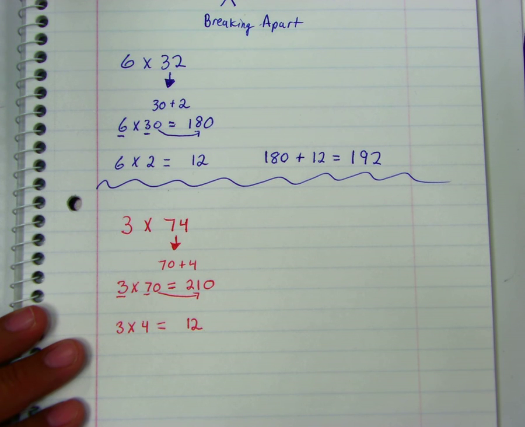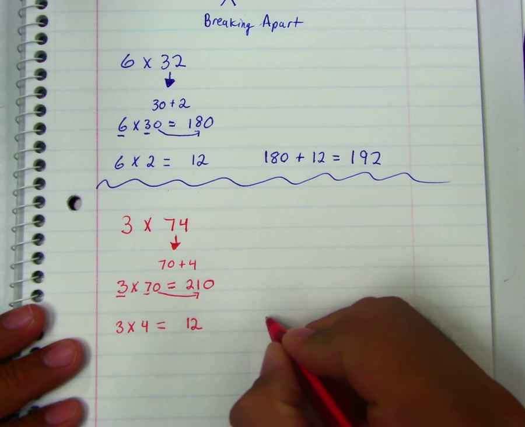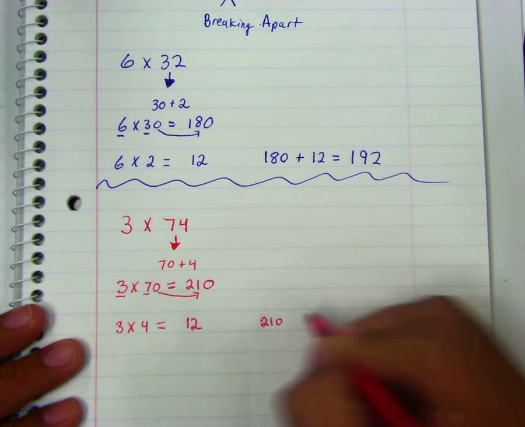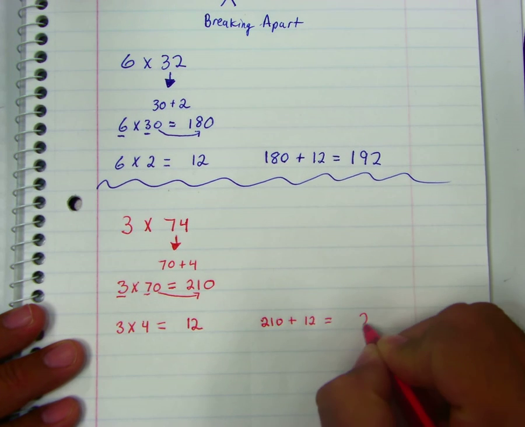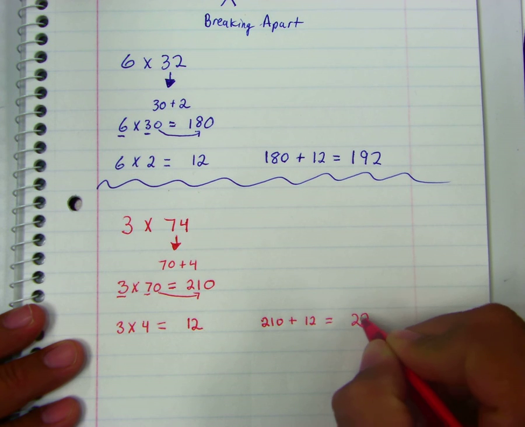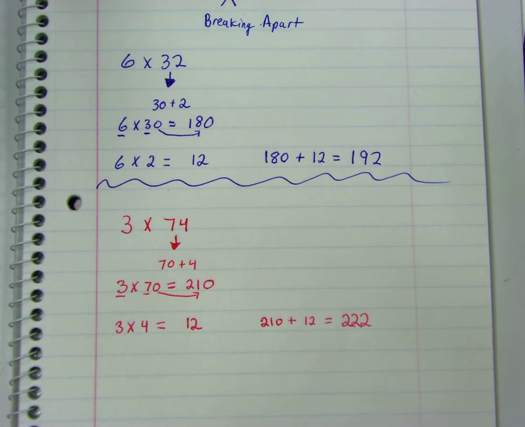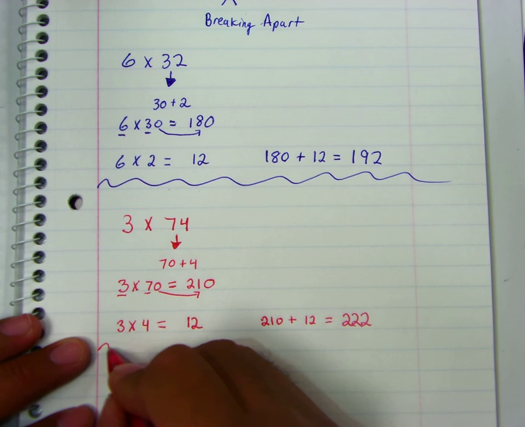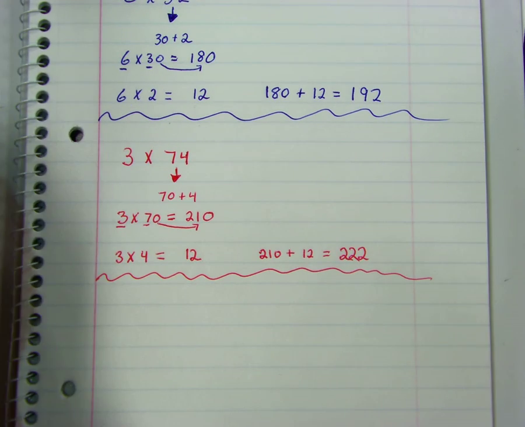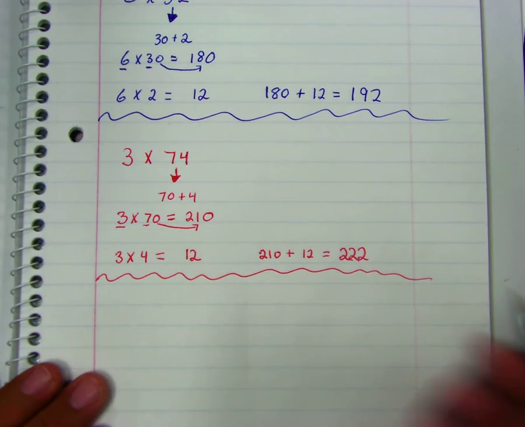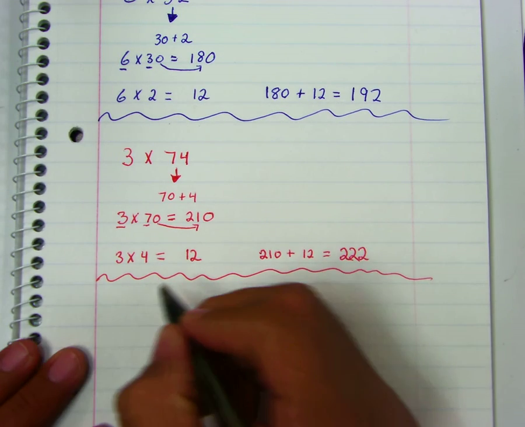Now I have my partial products. The last step is to add these partial products together. So I have 210 plus 12 equals 222. So I have 222 as my answer. Let's do one more problem, one more practice. Let's go ahead and do 8